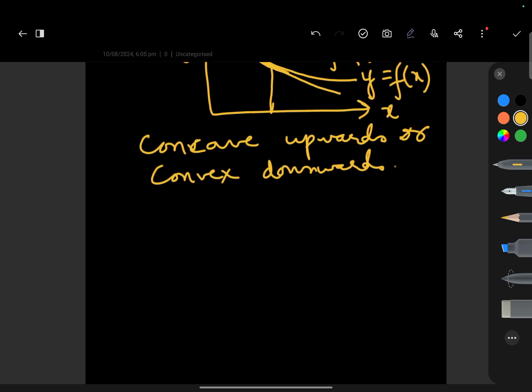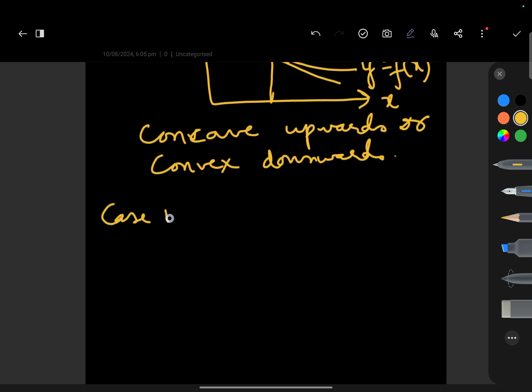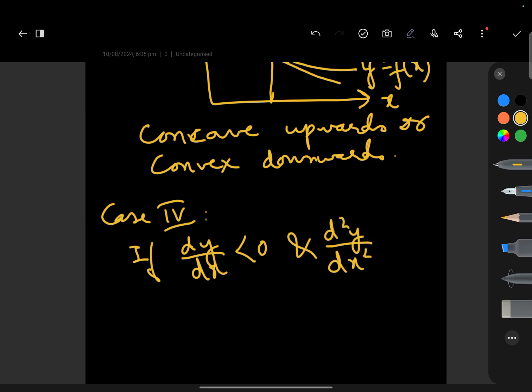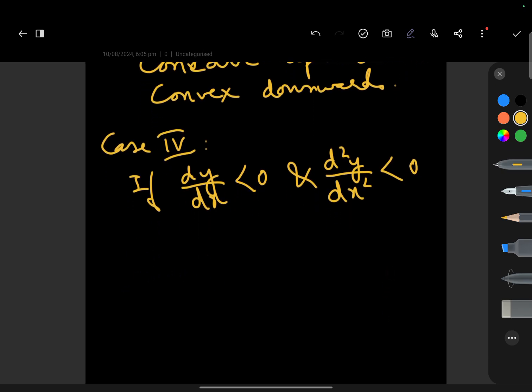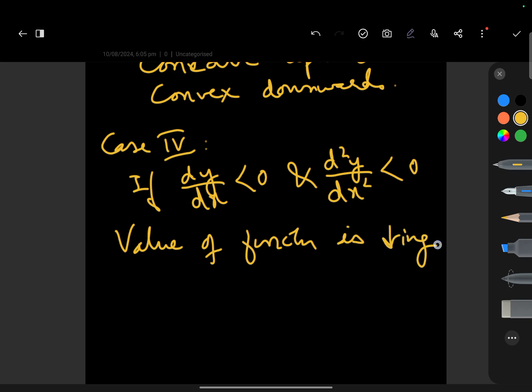Now the fourth combination, which is the last combination, that is case 4. So the fourth combination is if the first derivative dy upon dx is less than 0 and d square y upon dx square, the second derivative, is also less than 0. In this case, this combination of the first and the second derivative states that the value of the function is decreasing at a decreasing rate,